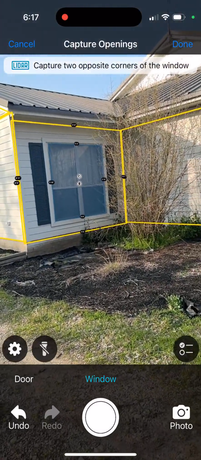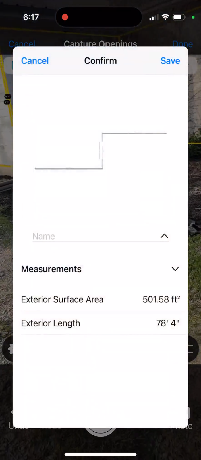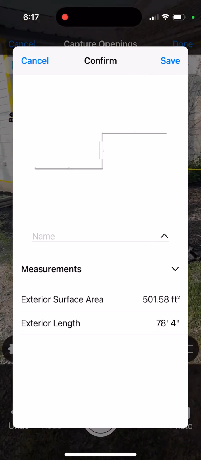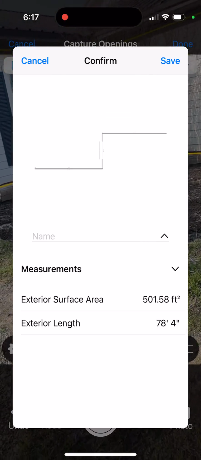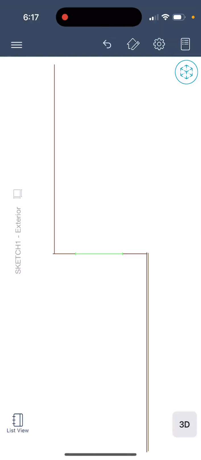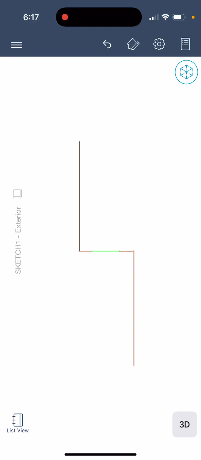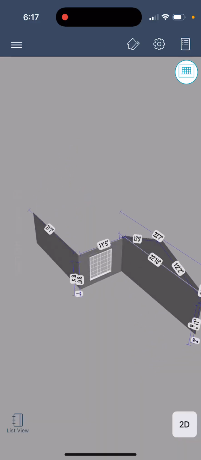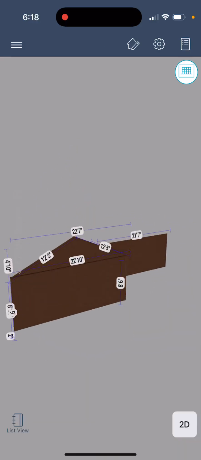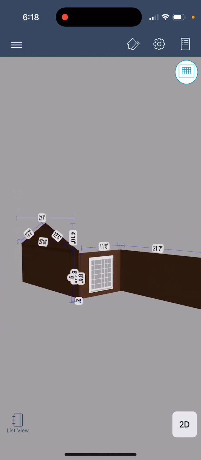So let's select done. And now here is our general information of what it's captured, and we're going to select, as always, save, and it's going to convert that and merge into Sketch. And now here's our elevations. We can click on these. We can go to 3D view. Oh, actually, it's this way. Here we go. And all these measurements, as in a normal sketch, are being calculated for you when you go